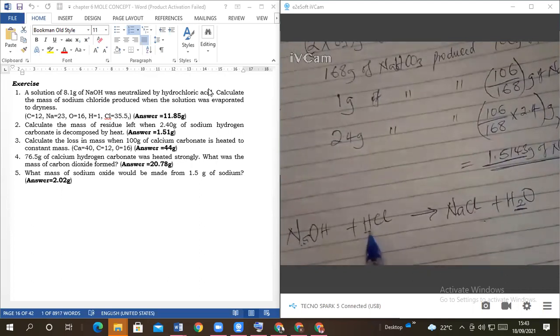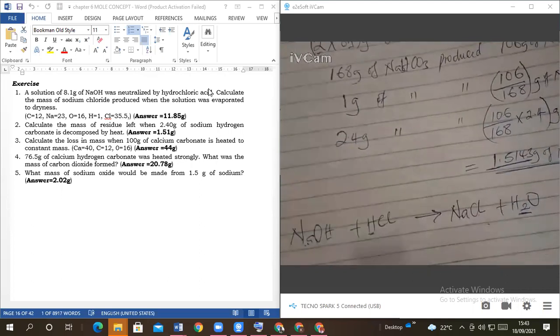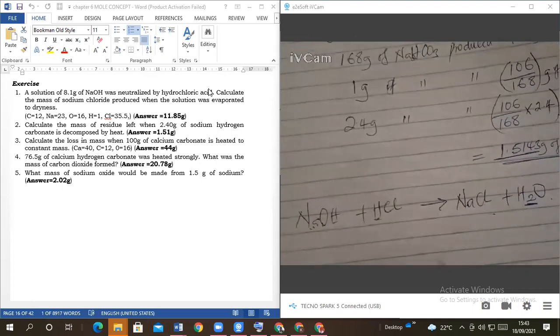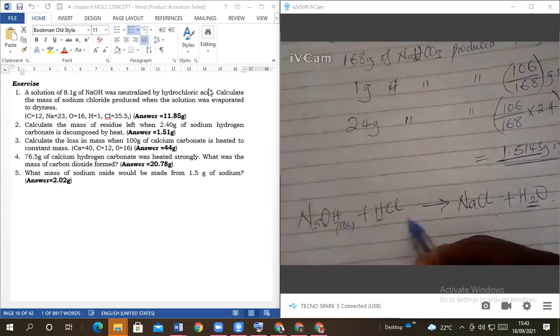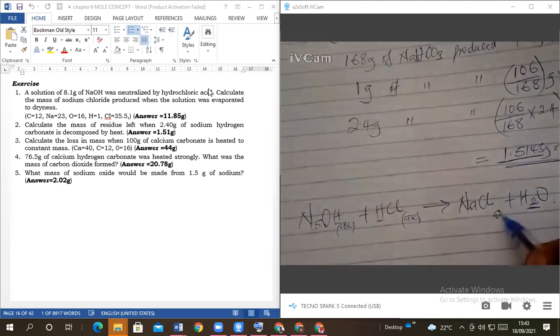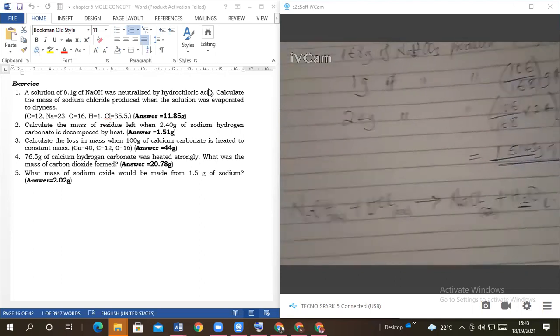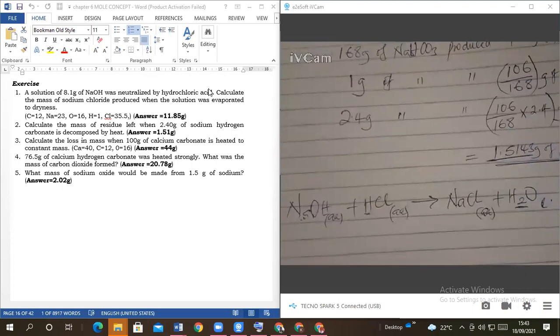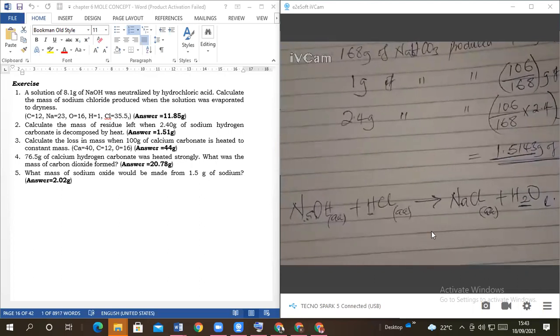So there is 1 hydrogen here, 1 hydrogen. Those are 2 plus oxygen. That is water. Fully balanced, right? The states: this is aqueous, this is aqueous, this is aqueous, this is a liquid. The rest is balancing. Now, after writing a well-balanced equation, go to the second step, which says write the moles